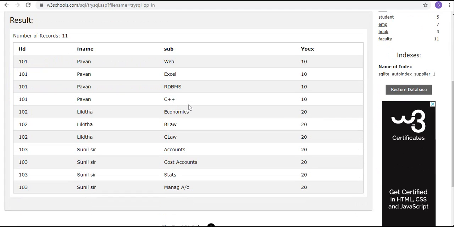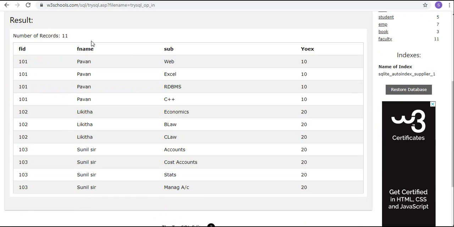For example, for statistics, I want to change the faculty name from Sunil sir to Vamshi sir. Then how? You tell me.